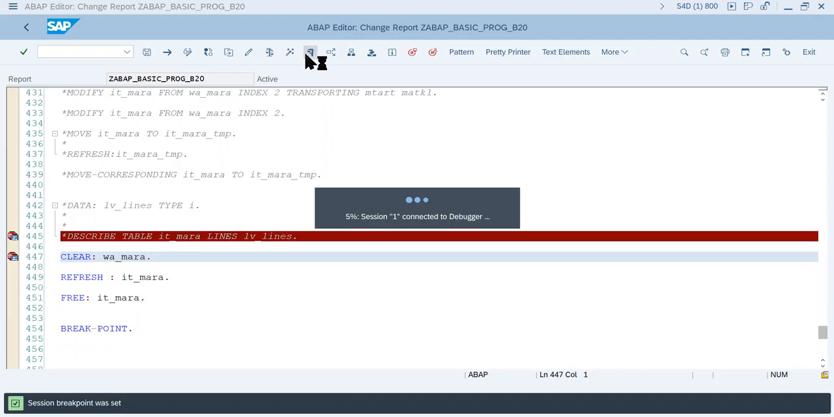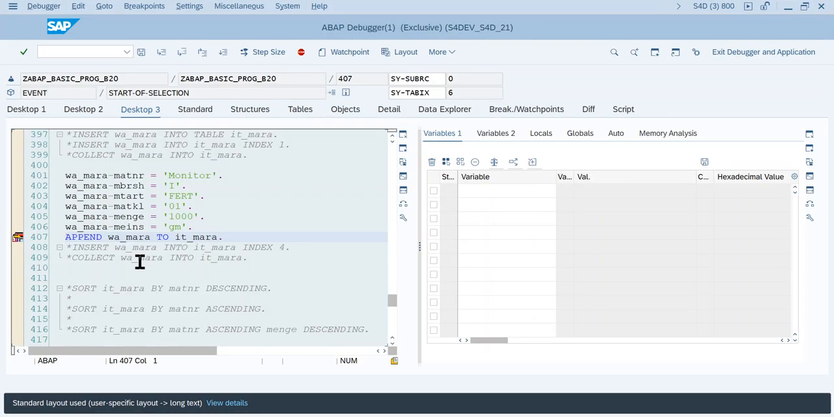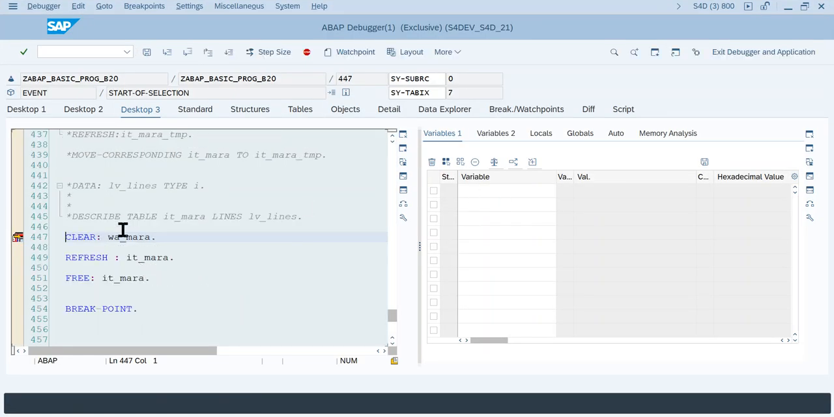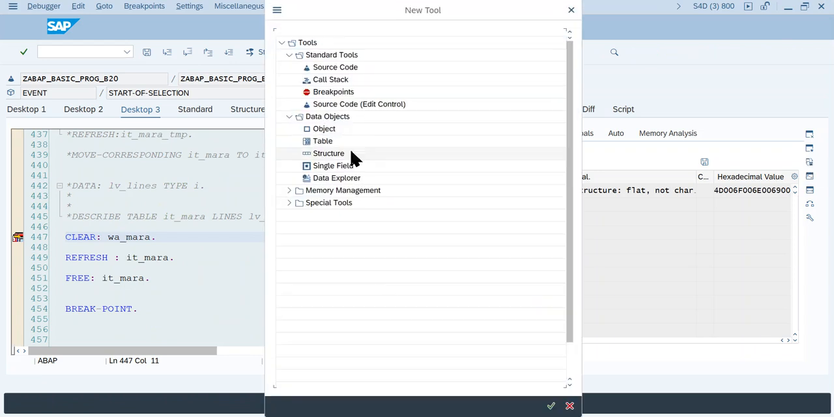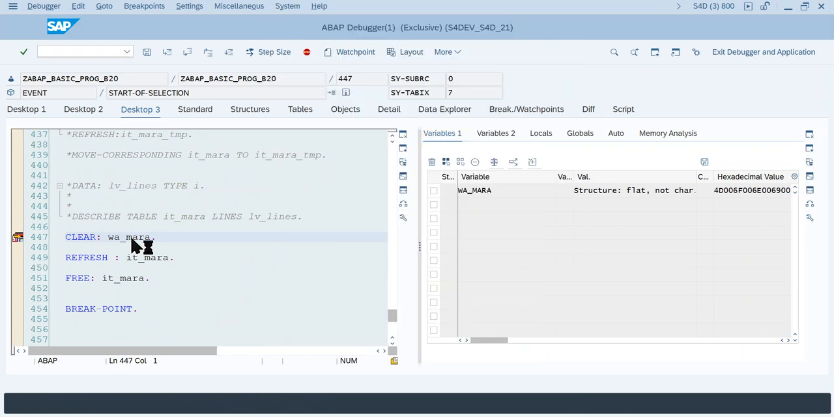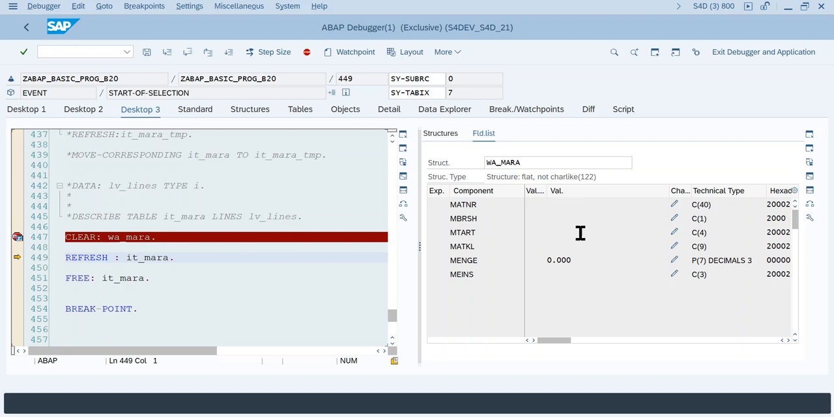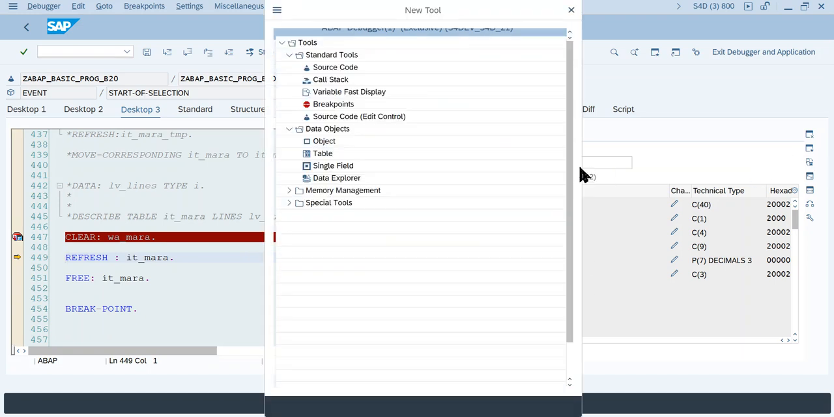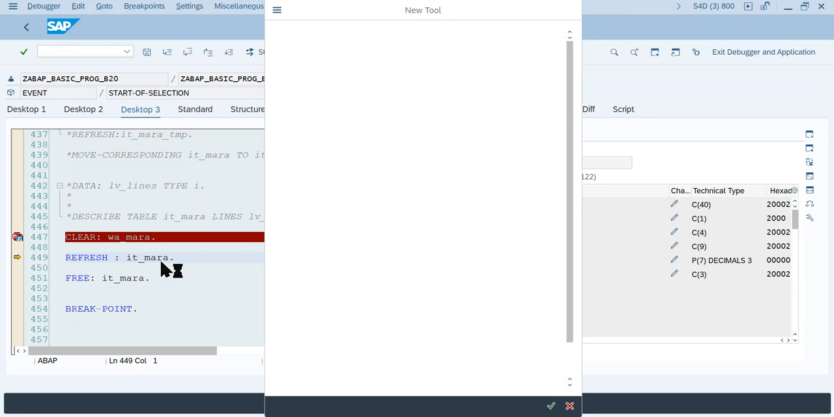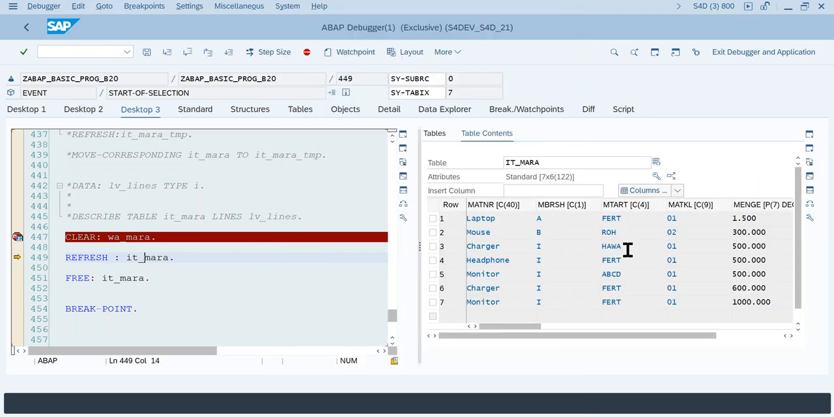So now you see, guys, maybe I can replace this. So this clears the content of the work area. See, it deleted all the content of the work area. And the next one is refresh. It is going to delete the content of the internal table. So let me replace with